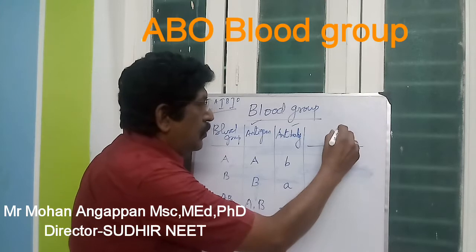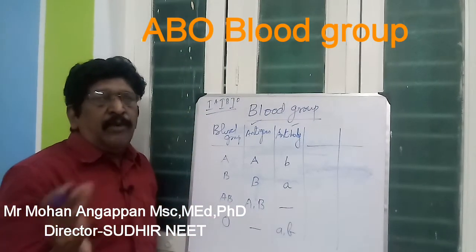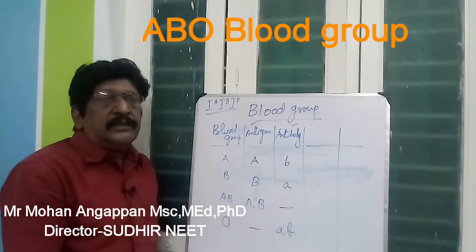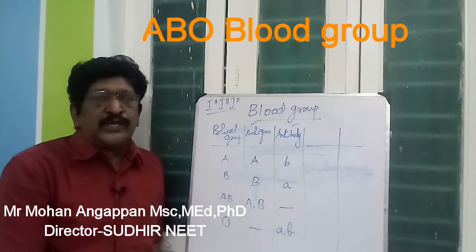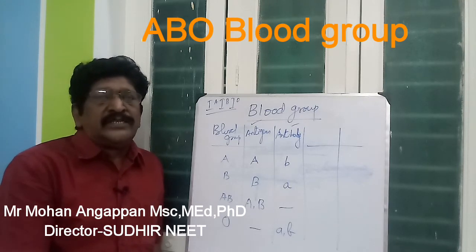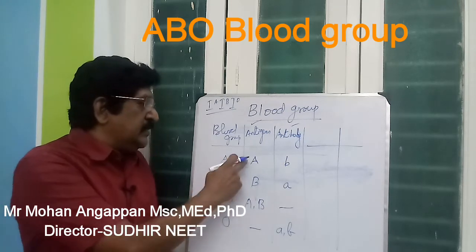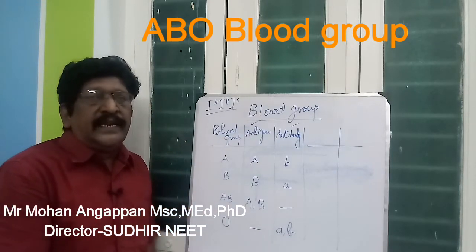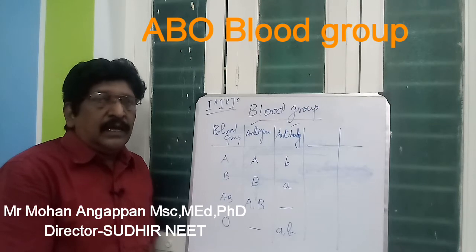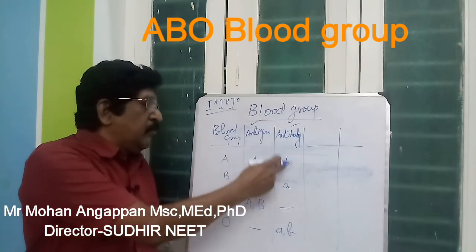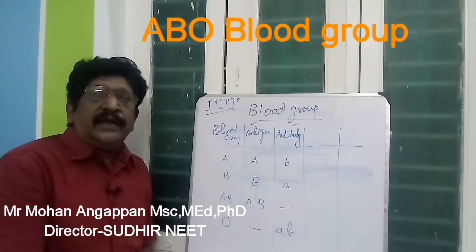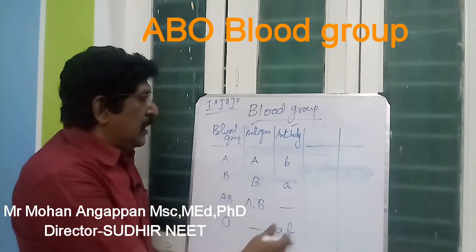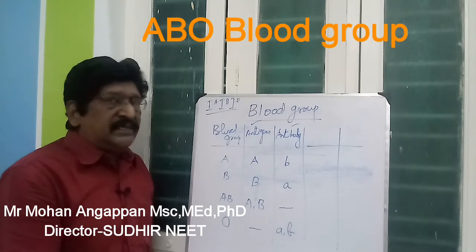Now, the antigen and antibody react together to agglutinate. The process is called agglutinization, by which the blood clots and the person dies. Suppose if the antigen A and antibody A are present, that will agglutinate. Antigen-antibody reaction takes place. Likewise, if antigen B and antibody B are present, agglutinization takes place. So these are the concepts of antigen-antibody present in the blood group.